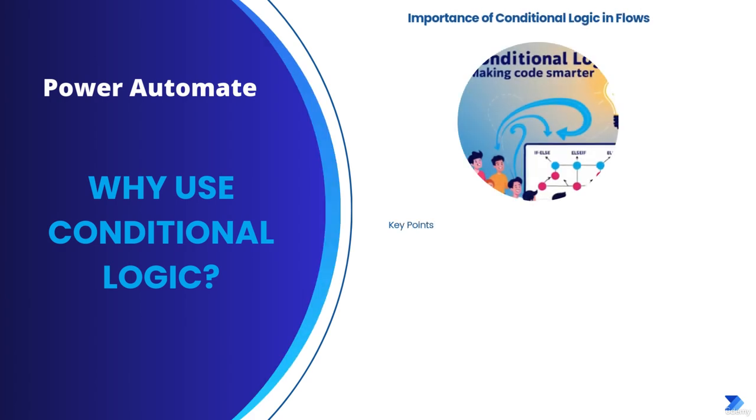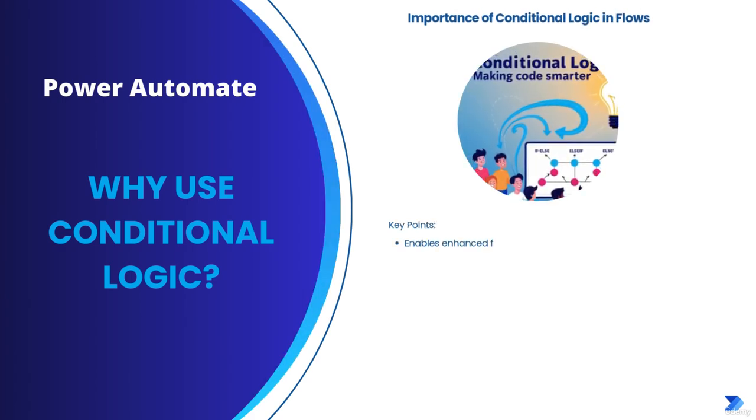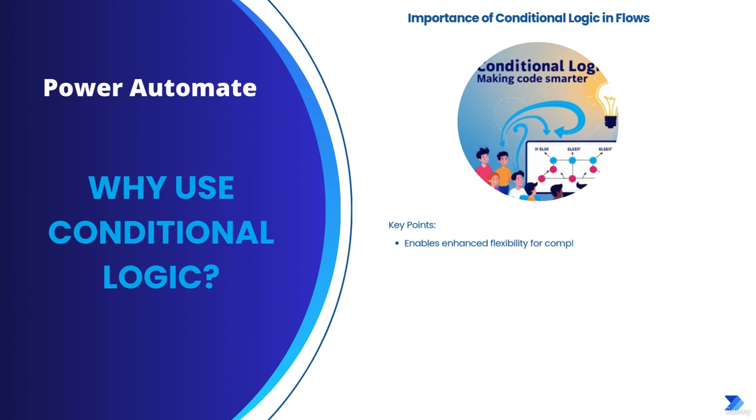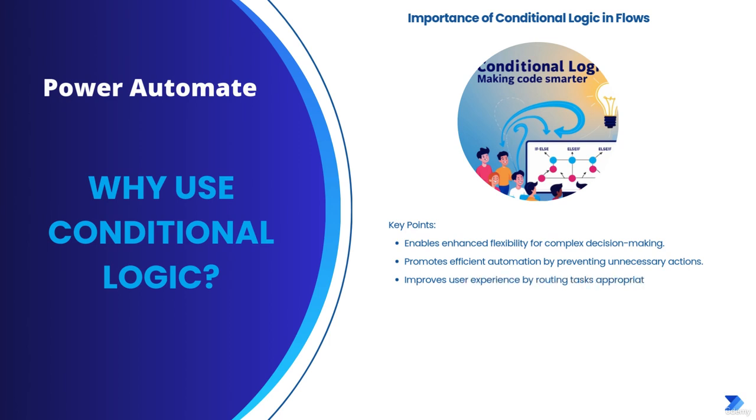Importance of conditional logic in flows. Conditional logic is at the heart of creating intelligent, dynamic workflows in Power Automate. Without conditions, flows would execute the same sequence of actions every time, regardless of the situation, which would be inefficient and limited. By incorporating conditions, you make your flows reactive and context-sensitive, allowing them to adapt based on data, events, or user inputs. Key reasons why conditions are essential in Power Automate include: